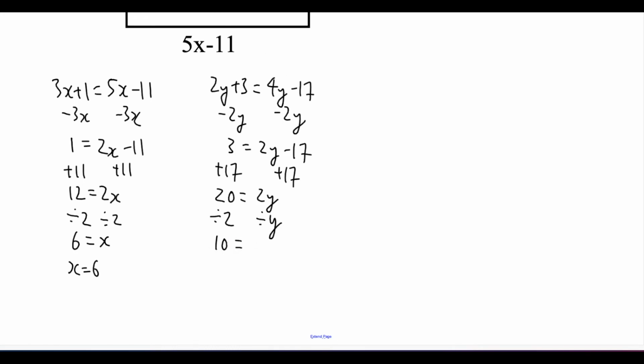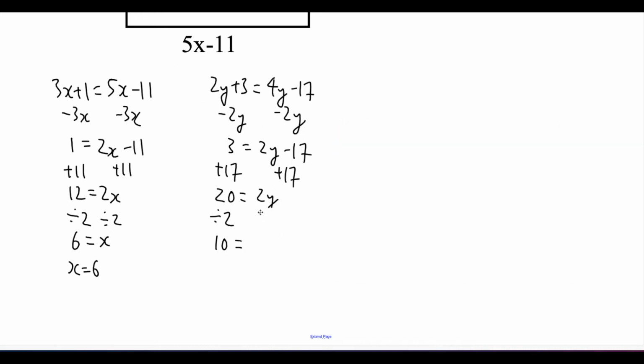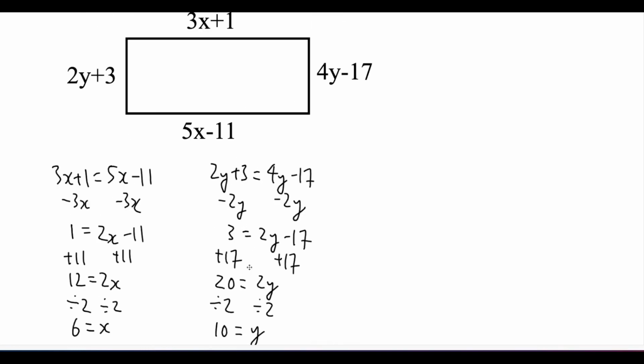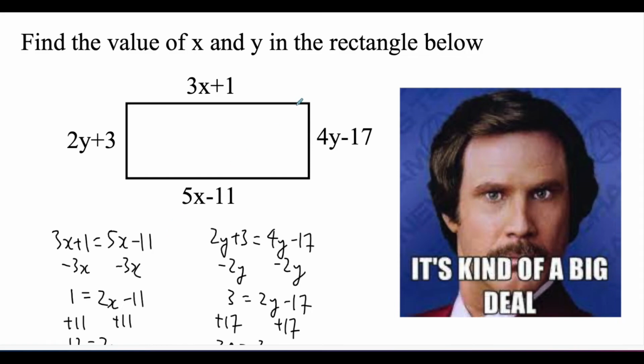oops, I made a mistake here. I meant to divide both sides by 2, not divide both sides by y. 10 is equal to y, and y is equal to 10. Okay. So as you can see, that's how you do a question like this, and hopefully you can see the importance of learning how to solve equations with variables on both sides, because it helps you do questions